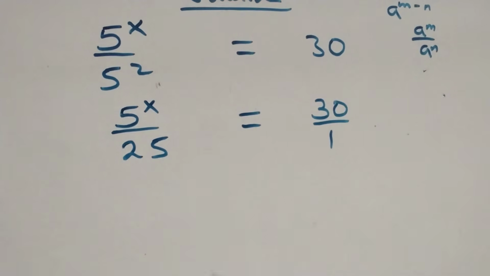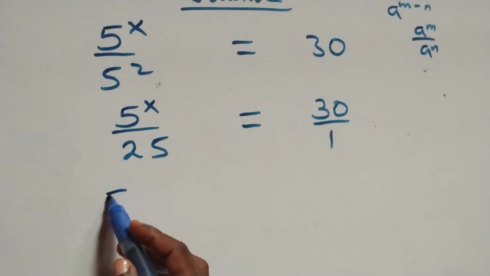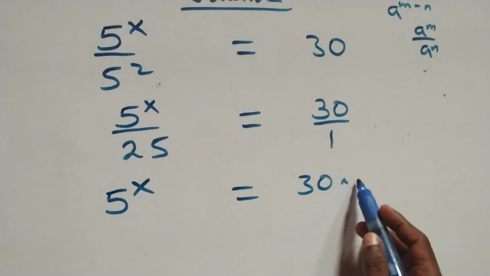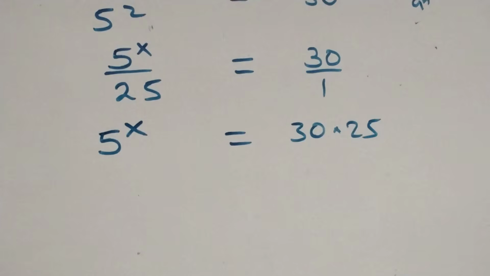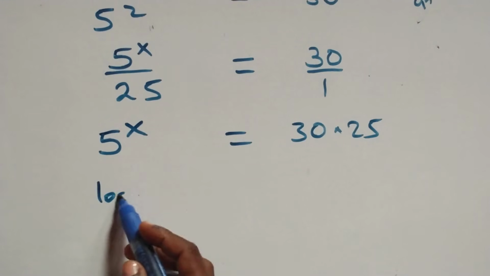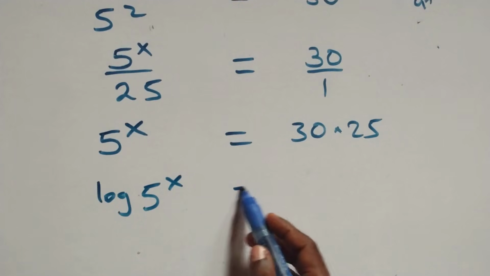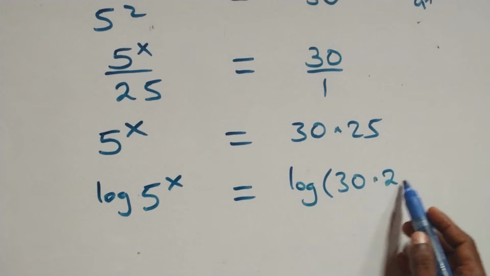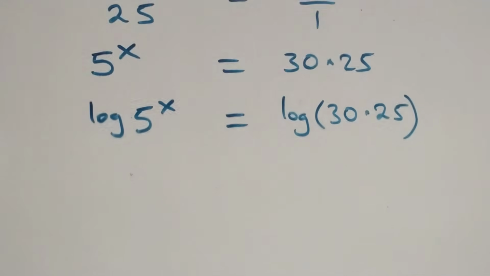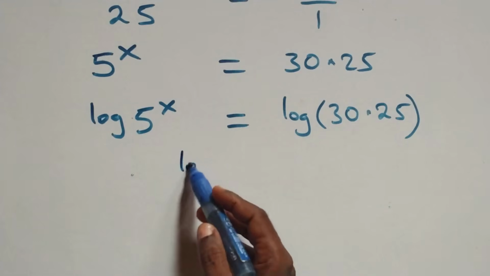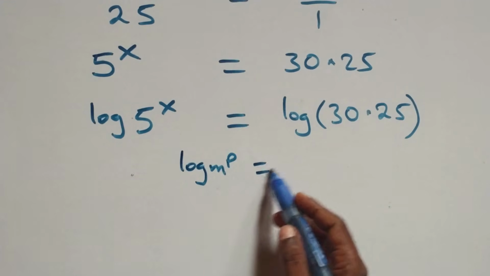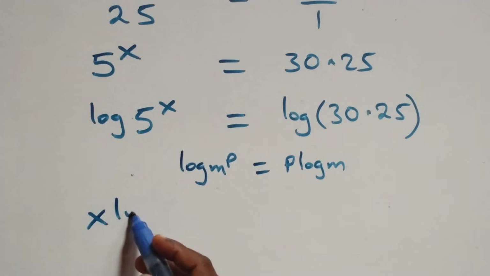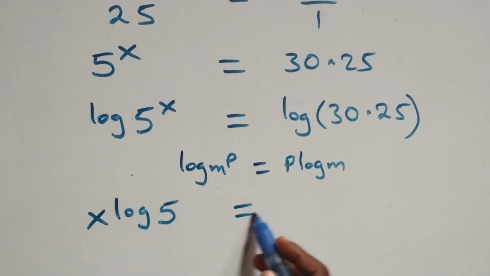The next step here, we cross multiply: 5 raised to power x times 1, same thing as 5 raised to power x, equals 30 times 25. Then we take the log on both sides, so we have log 5 raised to power x equals log of 30 times 25. Then we apply the power law of logarithm: when we have log m raised to power p, this is the same thing as p log m. That is, here we have x log 5 equals log